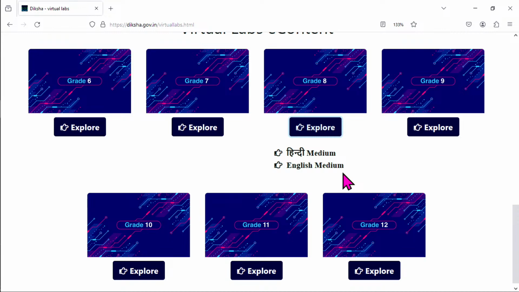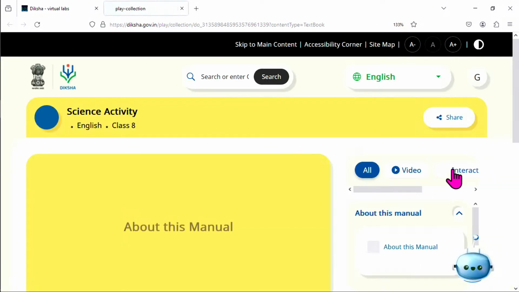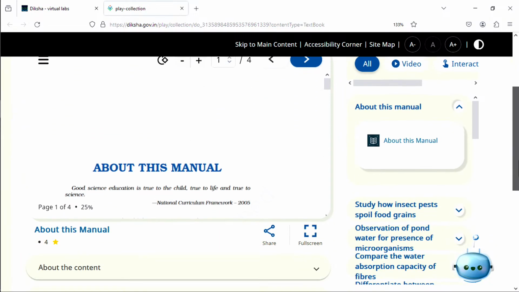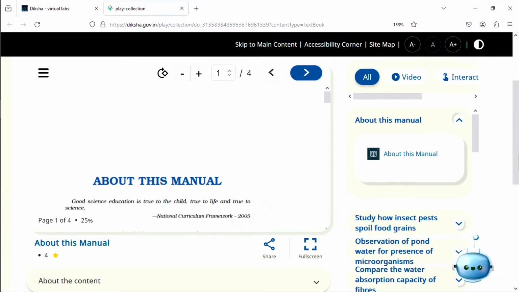So we can click on any medium which is of our choice, then we will get this drop down: mathematics, science and English, and by clicking on any subject we will get the experiments which are aligned to that particular subject.